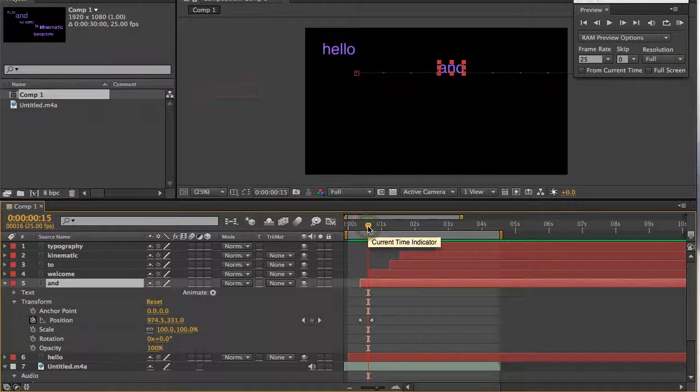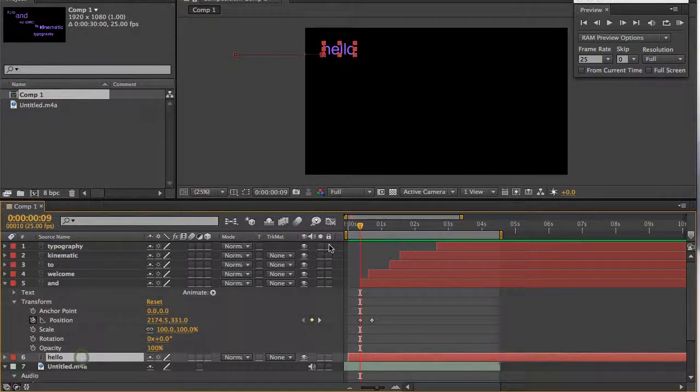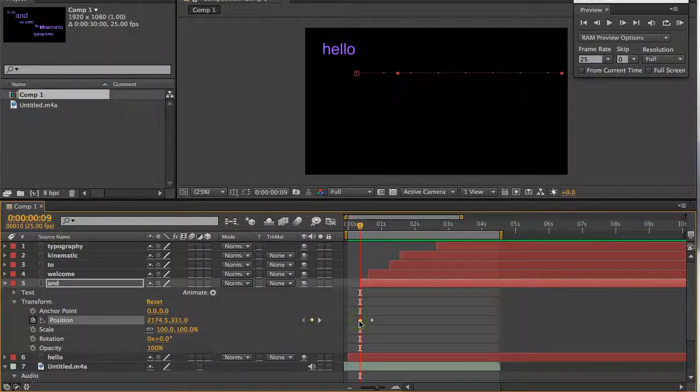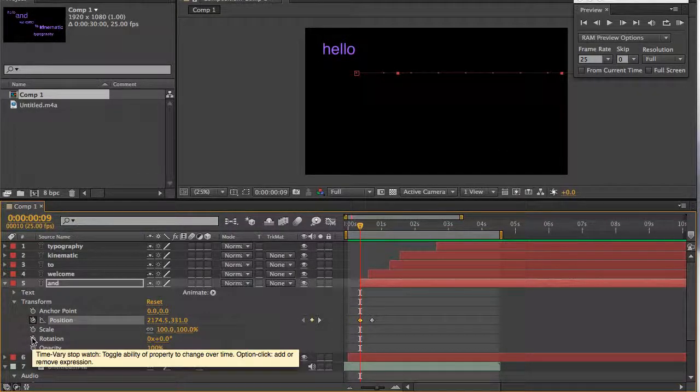So I'm going to start actually with the word "and", and the reason is the word "hello", if you look at it the way I've positioned it, does such a small movement on screen. I think if we add much to that we probably won't really see it. So we're going to start with "and", and I'm going to set the time marker here so that the word "and" is off screen. I'm going to click on the stopwatch and set a keyframe for